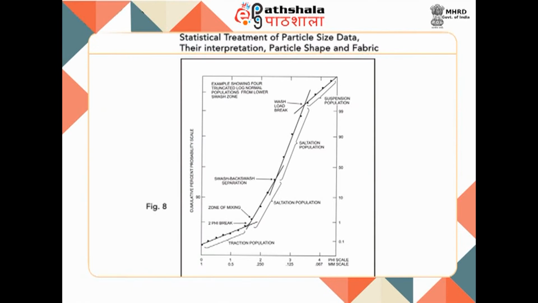Now, you can see figure 8, where there are several segments, which indicates that different populations of grains are transported by different mechanisms, that is the bed load, the saltation and the suspension. However, a particular grain size distribution does not point unambiguously to a particular environment because of variability in the depositional conditions within major environmental settings, as well as due to operation of similar hydrodynamic conditions in different environments.